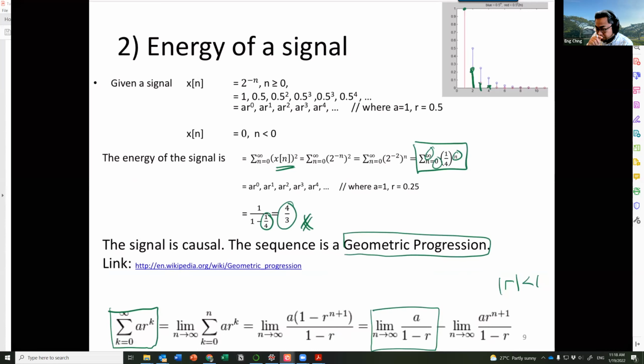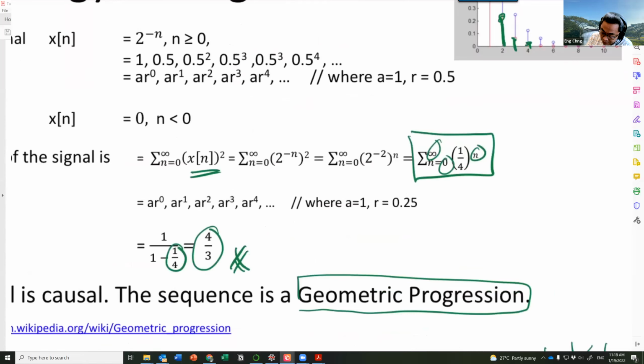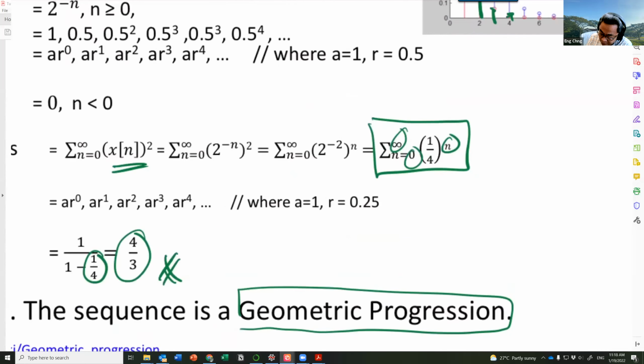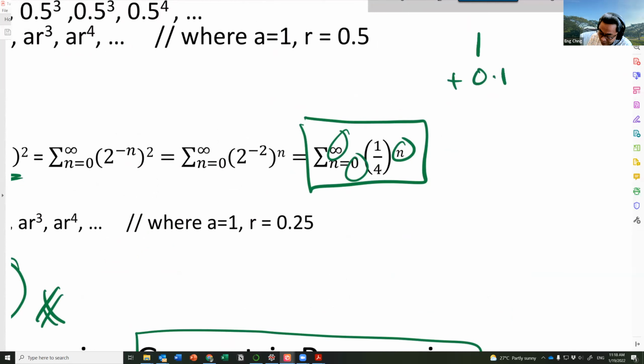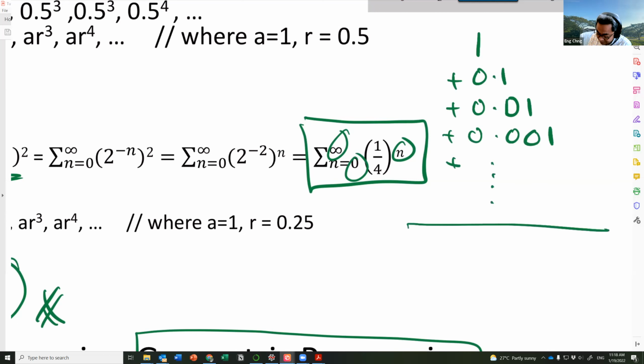Now, a long time ago, I always asked the students: if the first value I give you is 1, the second value I give you is 0.1, the third value I give you is 0.01, and so on for all the infinite terms, what is your sum? And of course, the sum is